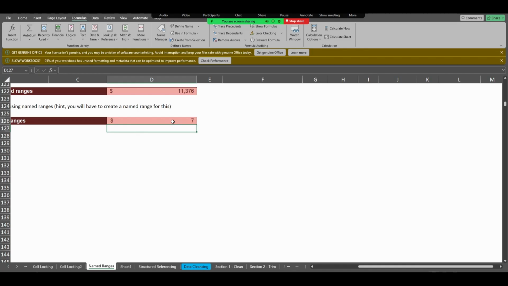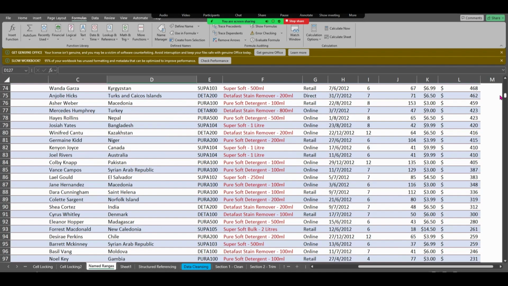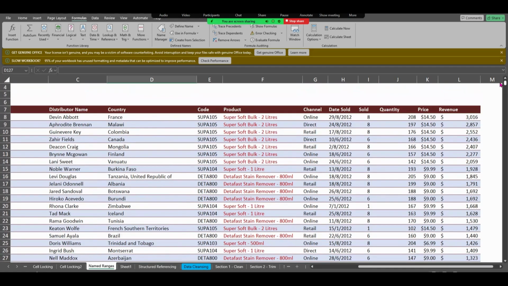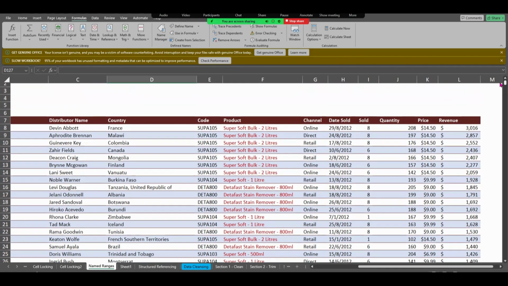Name range saves you time. It makes your work more explainable. It makes your work easier to understand. Okay, so that's all about name range. You just go to the particular column you're asked to find a particular information. You highlight the particular column and then you go to